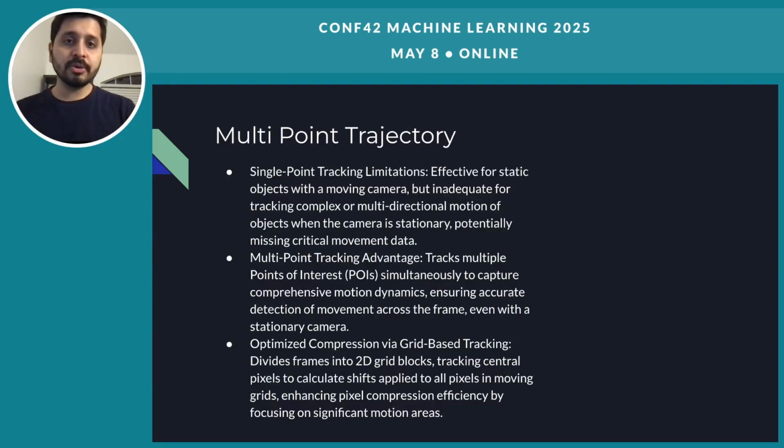So to talk about the multi-point trajectory, as I mentioned, it basically works when you put the pixel points, the trajectory points, in multiple places in a 2D grid format. By doing so, in a given frame, let's say we have an 8x8 frame where you put 64 trajectory points, which can track all 64 positions within the midpoint of every small grid position within the 8x8 pixel image.